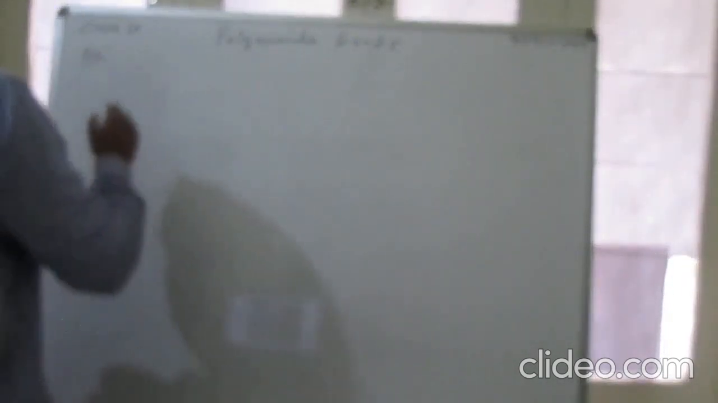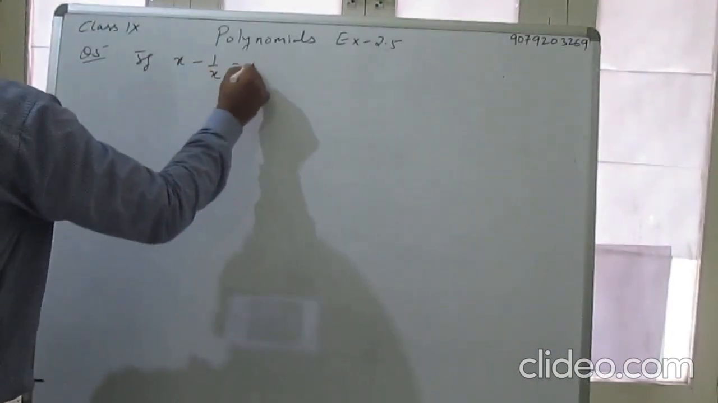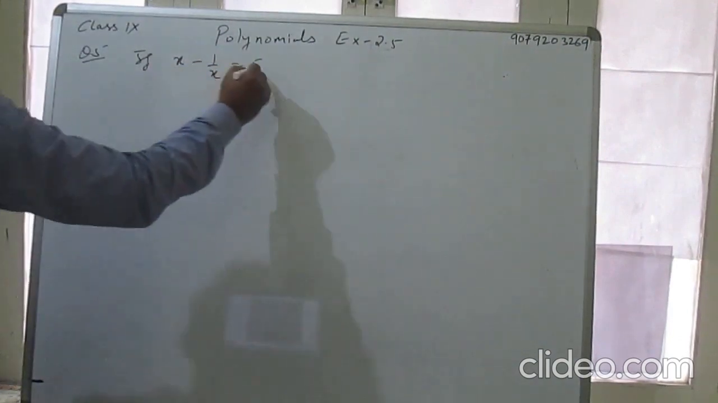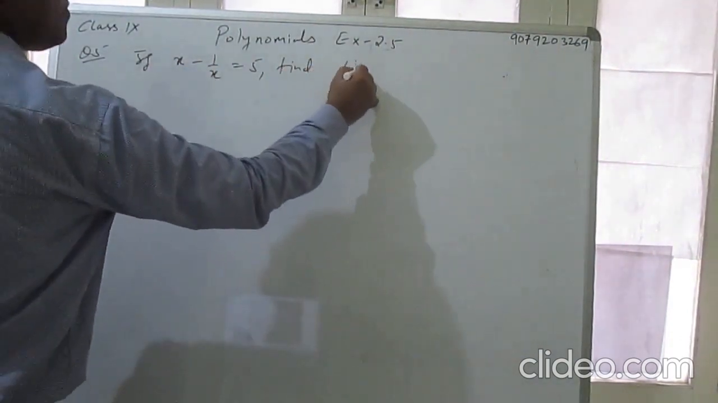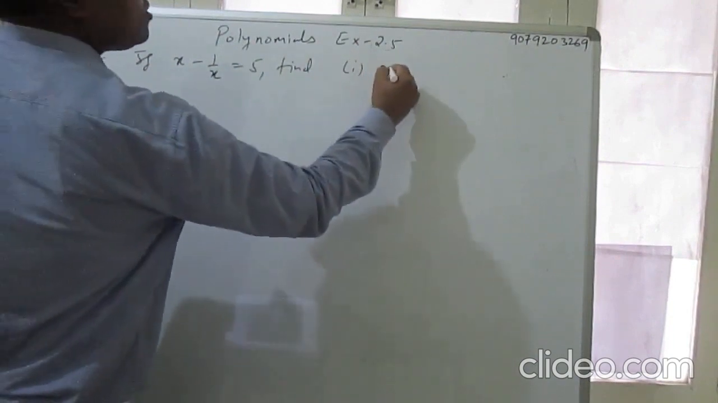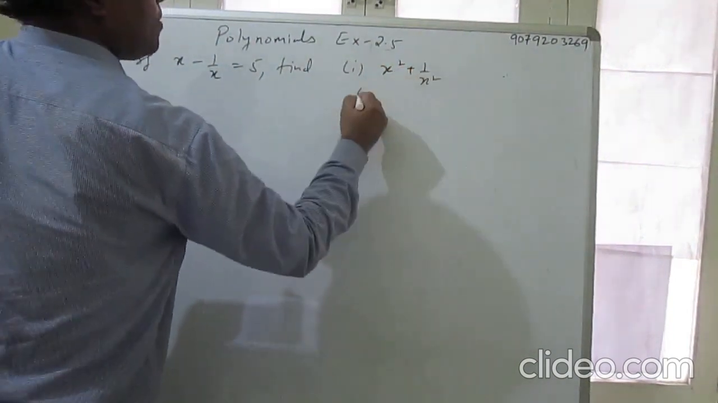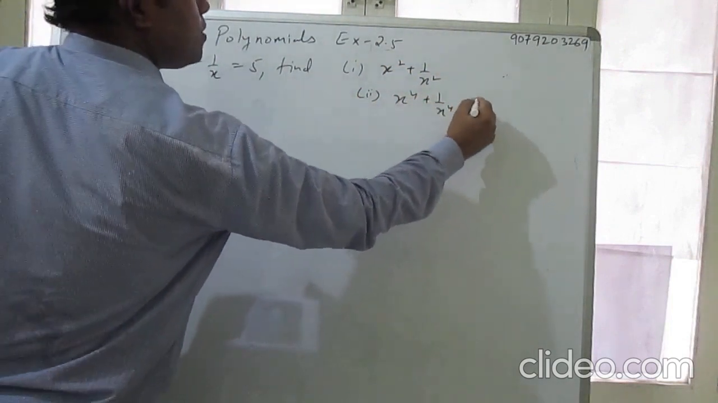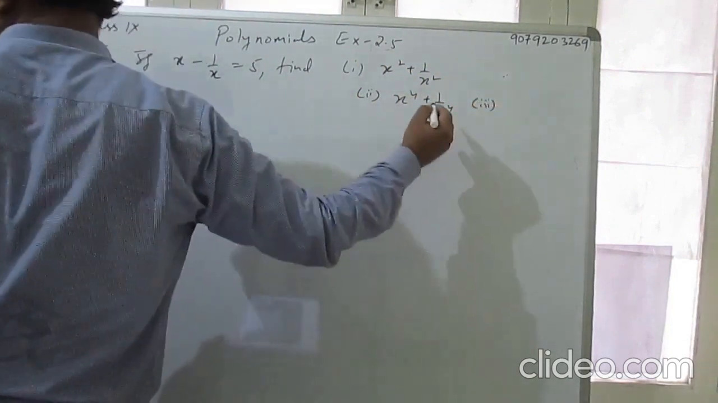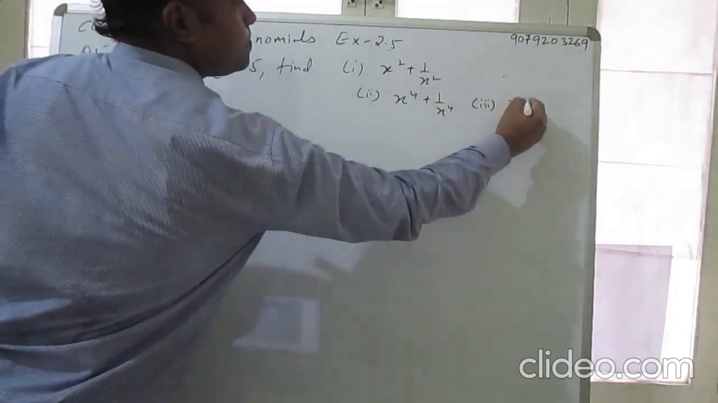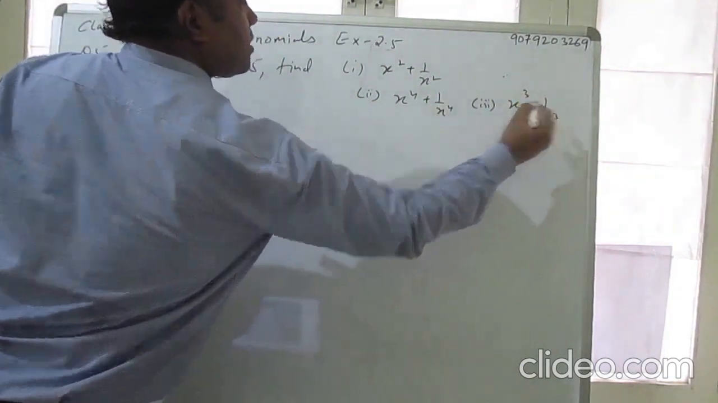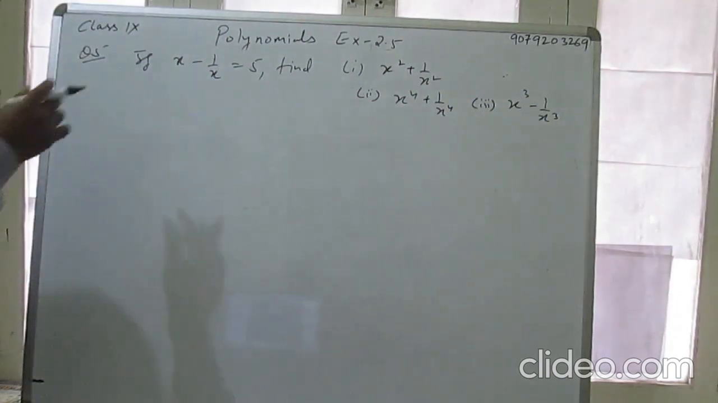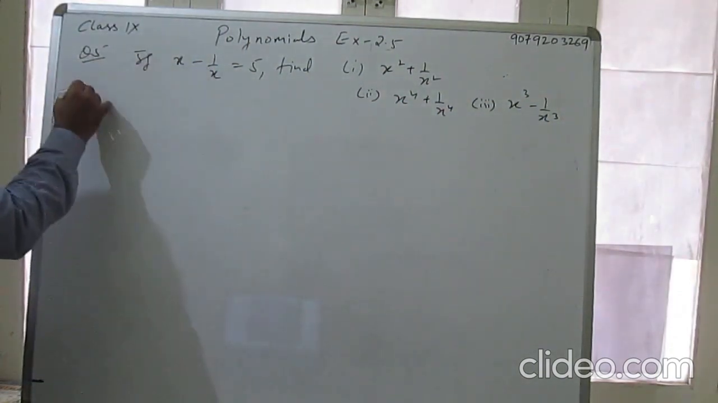Question 5. If x minus 1 upon x is equal to 5, find number 1, x square plus 1 upon x square, number 2, x4 plus 1 upon x4, number 3, you can find x cube minus 1 upon x cube. You have to find these values. This is given to you. We know that